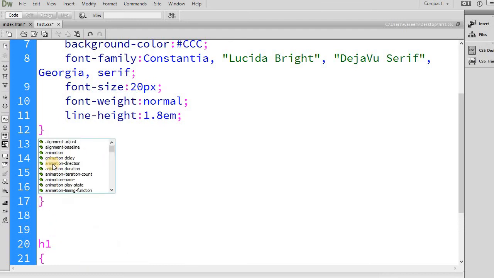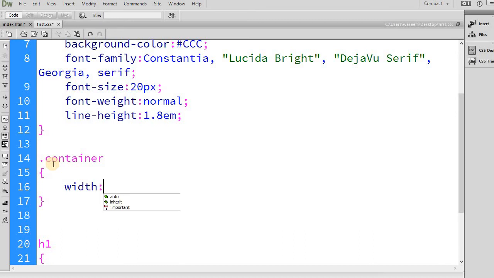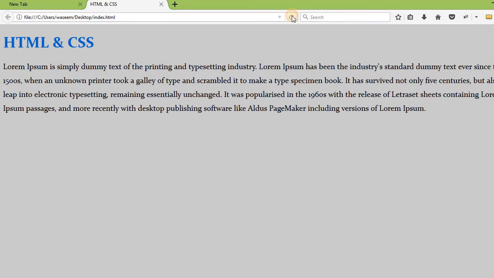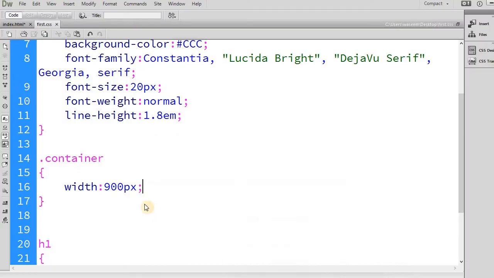Bracket start, bracket end, and here I will write width 900 pixel. I will save my file and refresh my browser, but nothing will happen